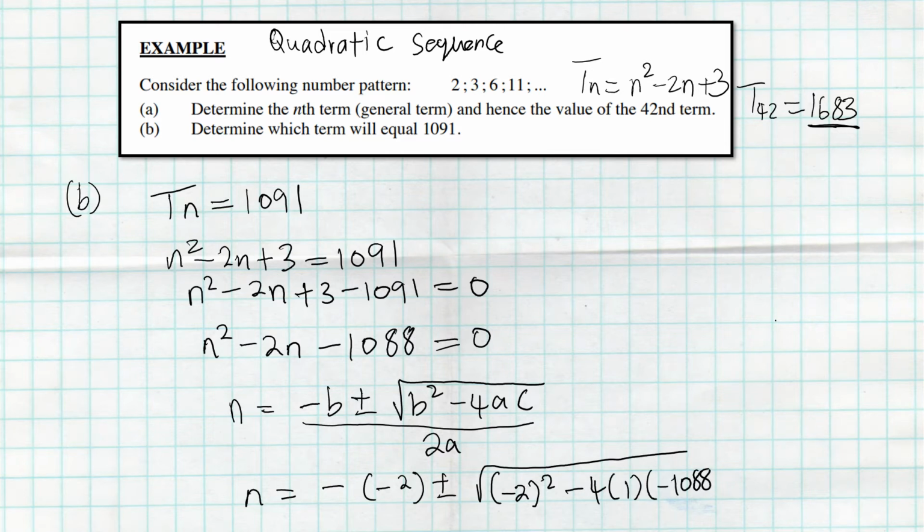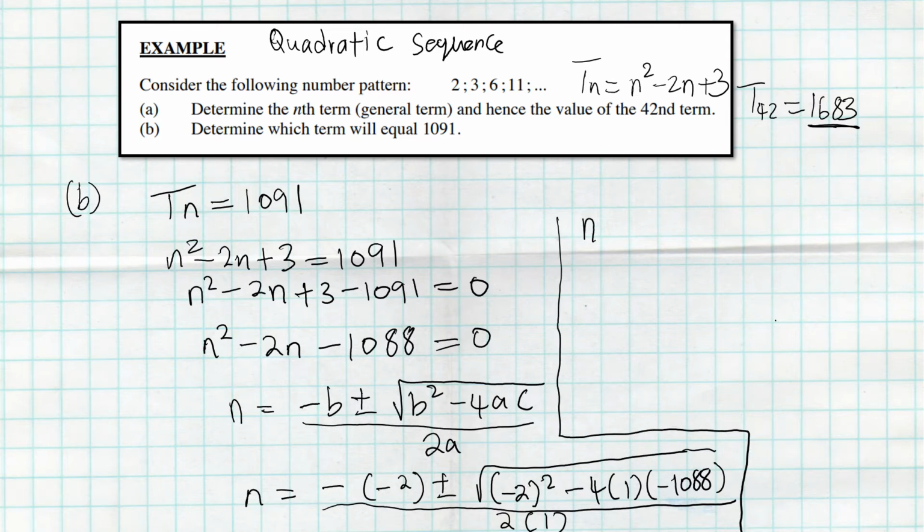Okay, divided by 2 into a, which is 1. So we're just going to use the formula and solve for n there. When you solve, n is going to be equal to 34, or n is equal to